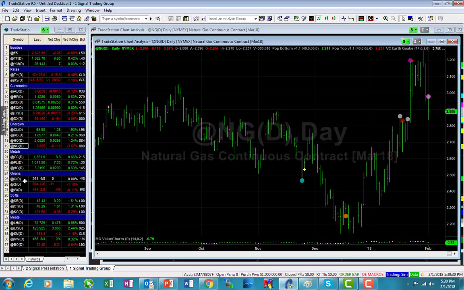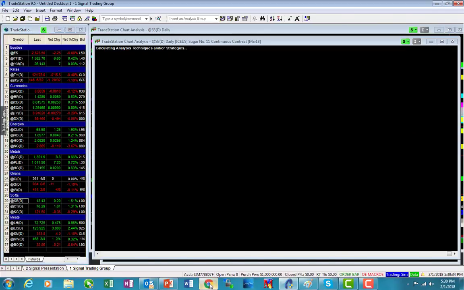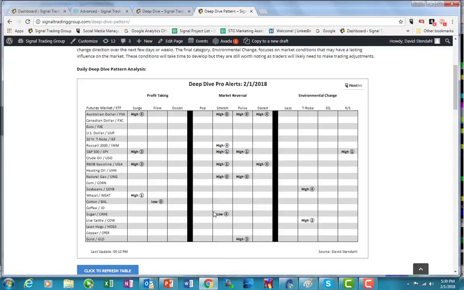The last marker that I'll show here is sugar, and it does take a little while for the calculations here, so just bear in mind that this is a low. All the other ones we've been looking at have been on the high side. And we have with sugar something that happened 4 trading days ago, and this is probably a really good market